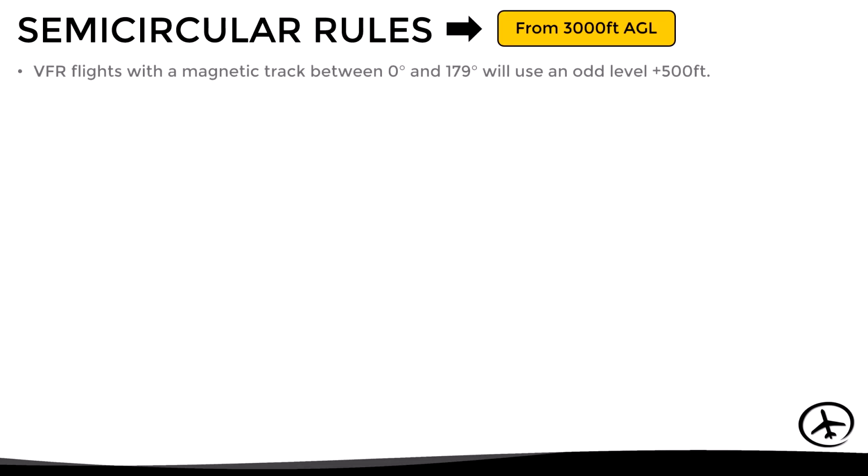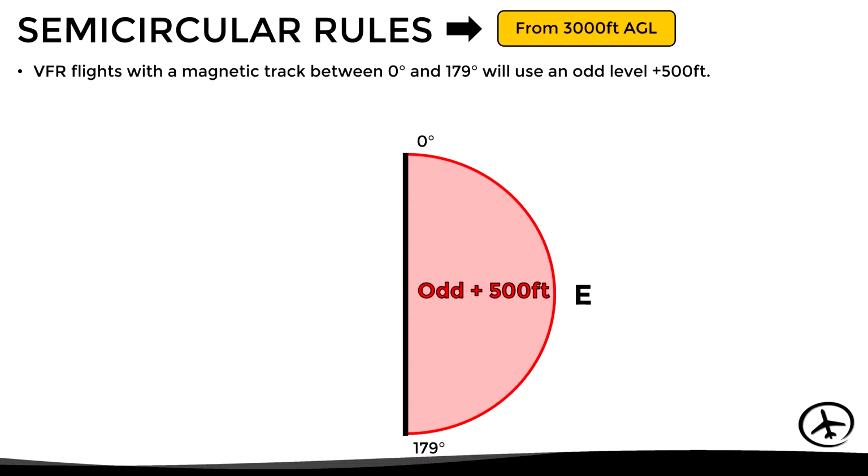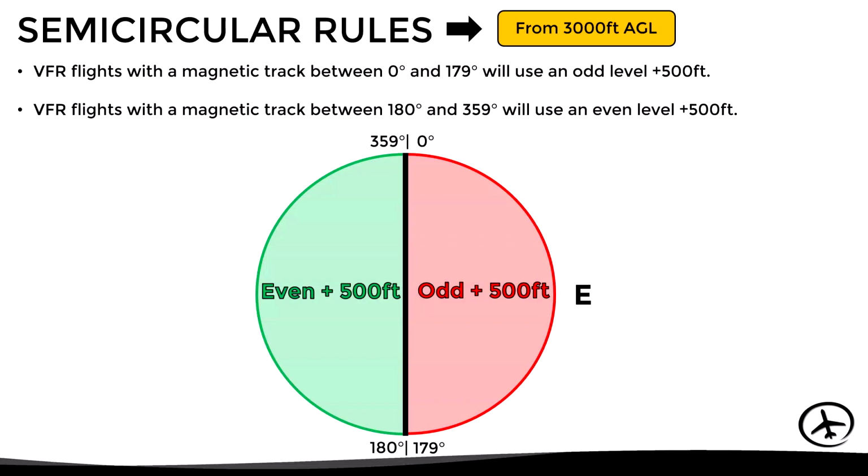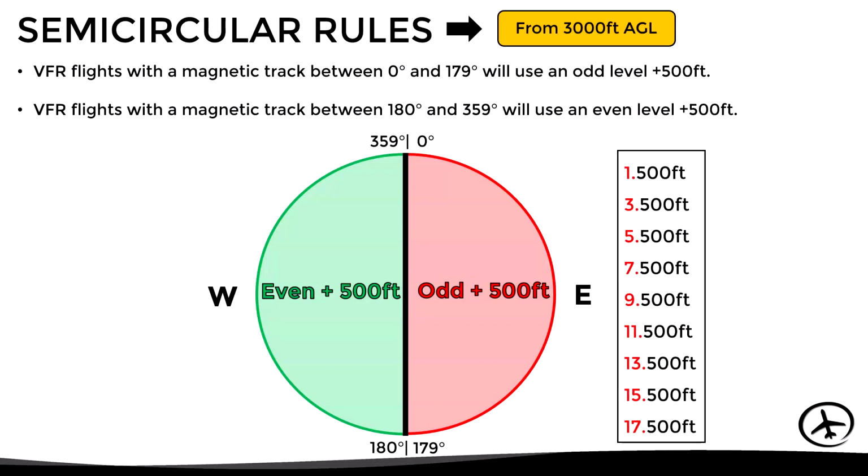In summary, it states that VFR flights with a magnetic track between 0 degrees and 179 degrees will use an odd level plus 500 feet. While VFR flights with a magnetic track between 180 degrees and 359 degrees will use an even level plus 500 feet. In simple words, all aircraft flying eastbound will use odd levels plus 500 feet, such as 1,500, 3,500, 5,500,